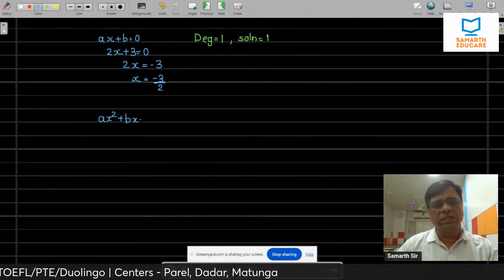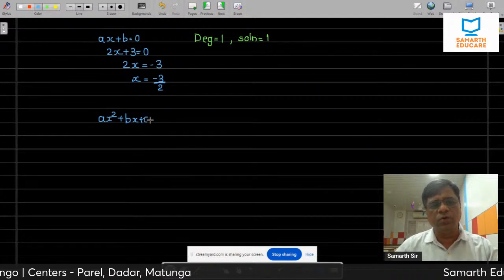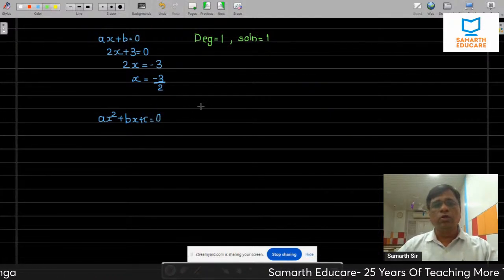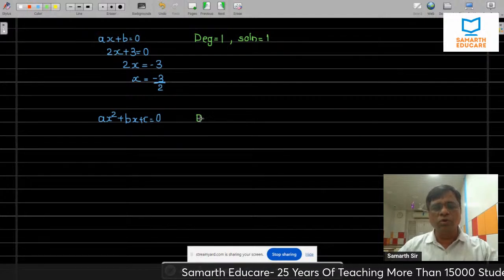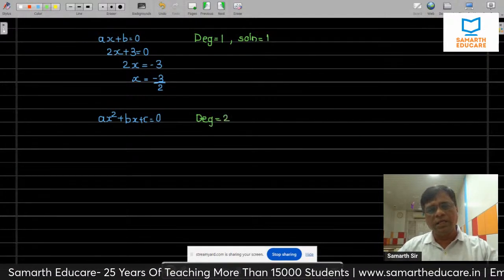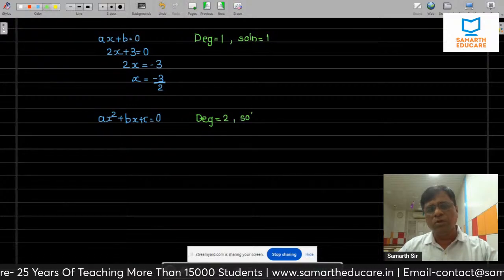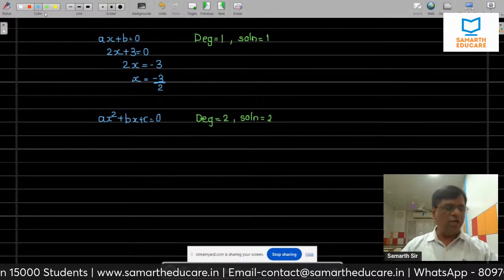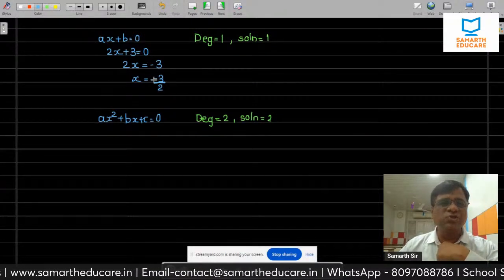सिमिलरली डिग्री 2 है, ax² प्लस bx प्लस c इक्वल टू 0, इसका डिग्री 2 है, it's a quadratic equation. सो जब डिग्री 2 है तो सॉल्यूशन 2 होना जरूरी है। 2 मतलब x के 2 वैल्यूज निकल के आएंगे, डिग्री 2 तो सॉल्यूशन भी 2 ही आएंगे, राइट। अच्छा, सॉल्यूशन का एक और मतलब क्या होता है, if I say this is the solution, that means if I substitute over here,